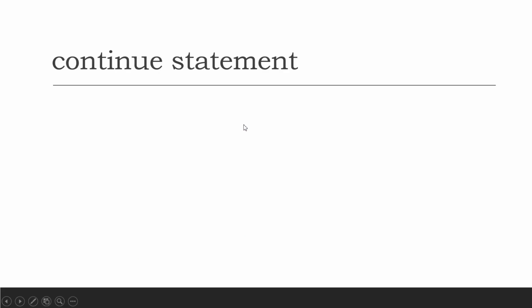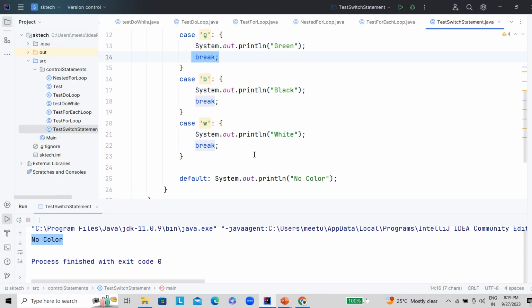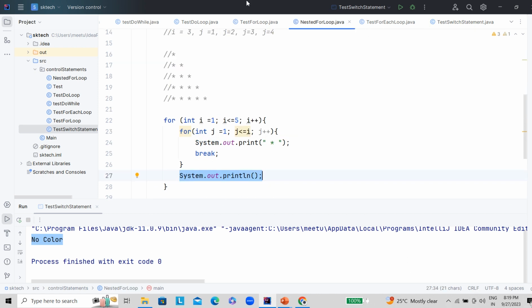So the next statement is what? The continue statement. What is the continue statement and what is the syntax? Basically, the syntax of the continue statement is similar to the break statement. When the continue statement is executed, subsequent statements in the loop are not executed and control of the execution goes back to the next repetition of the loop. So basically, if you have seen this break statement, right? Or let's go to the nested for loop for better understanding. What will happen